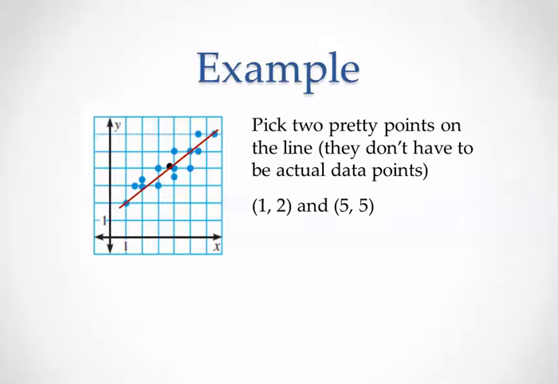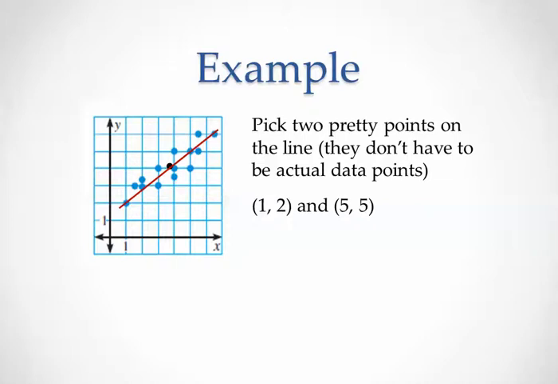Okay, from this point, we're going to use those two pretty points, whatever they are that you chose, and you're going to find the slope mathematically. Now remember, be careful, you don't want to do the slope staircase and just count the boxes because you may or may not have counted by ones. Maybe you counted by tens, or maybe you counted by hundreds. And so in order to make sure that we don't make that mistake, we're going to use the mathematical formula,